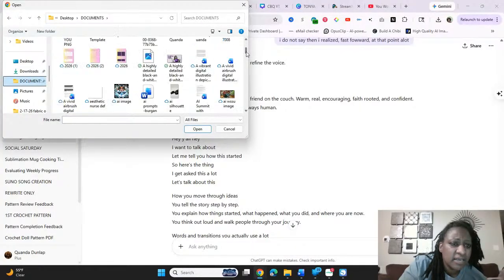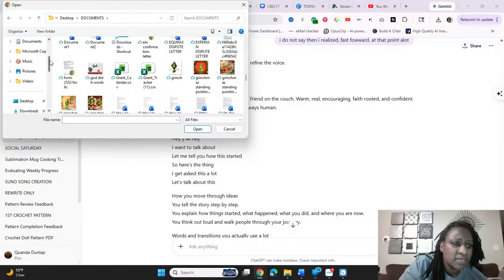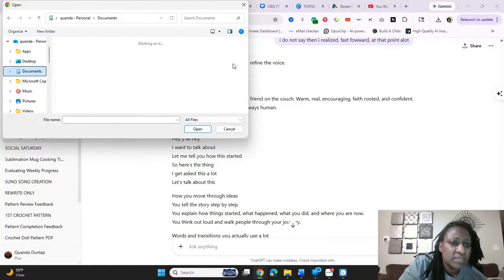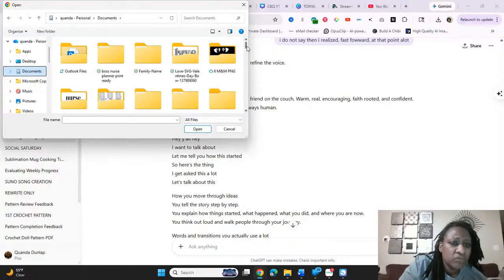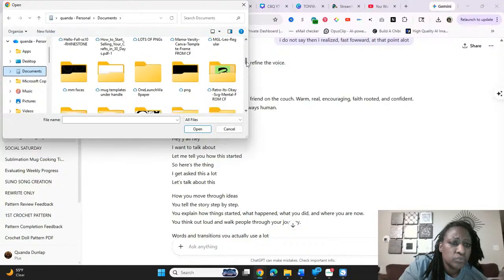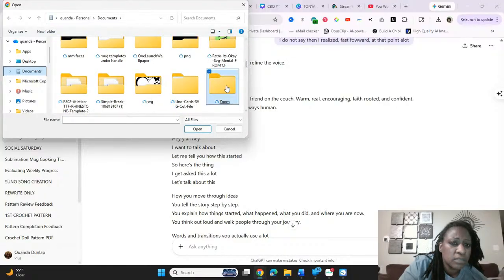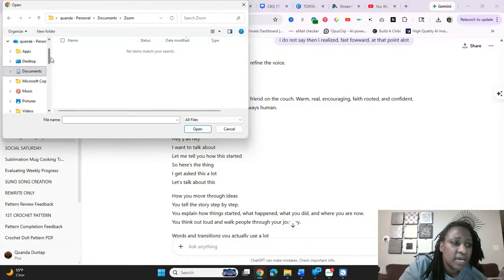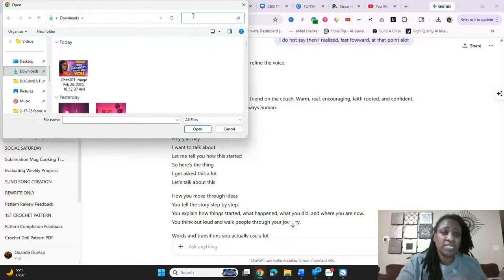And maybe not this document. This document. And come over to Zoom. Oh, ain't nothing in it. Where did I put it? Downloads. Girl, it's somewhere. I'm gonna click on Zoom. Let me see if I can find one right quick.